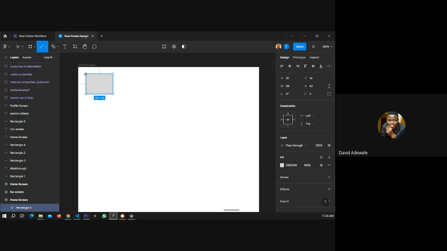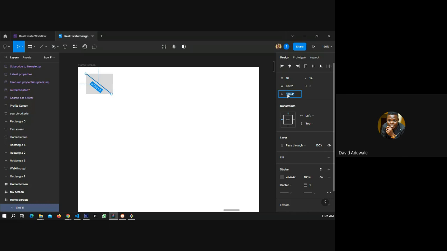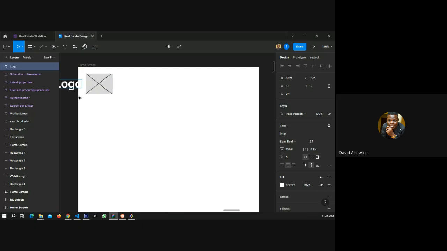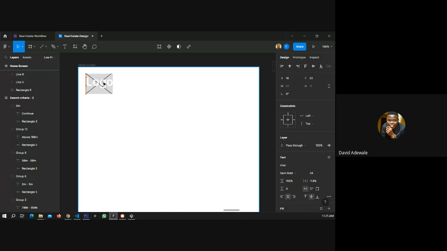Yeah, let's assume you're going to need a logo here. Then duplicate this with Control D, and this would be the logo. Let me put a text here so that I won't forget: logo, smaller.